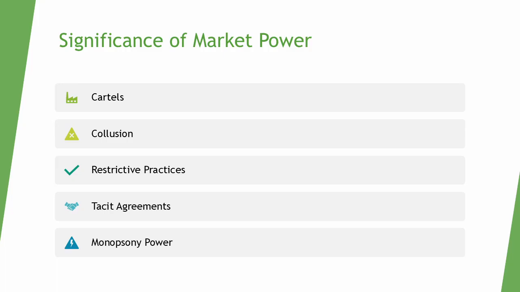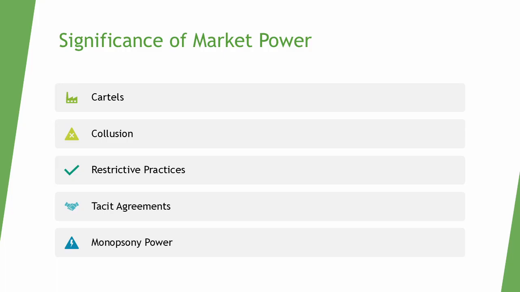However, collusion may have little significance over market power as it is difficult to sustain where firms have incentives to undercut rivals. This may have an impact on market failure as coordinated behavior can distort price signals and misallocate resources. Restrictive practices are actions by firms that limit competition, such as price fixing, output restrictions, or exclusive agreements.